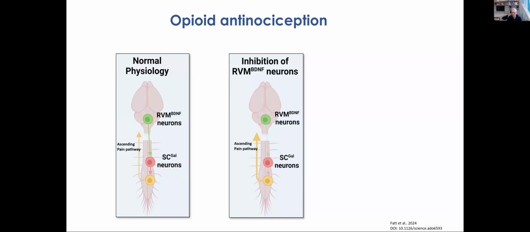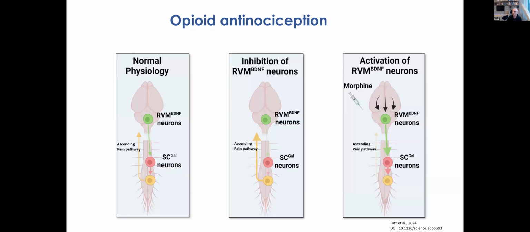And it's doing so through these spinal cord GAL neurons. So what opioids actually are doing, and in this case morphine, which we tried, is just hijacking this pathway, activating these RVM BDNF neurons, which are glutamatergic off cells, that then activate the inhibitory spinal neurons, which in turn